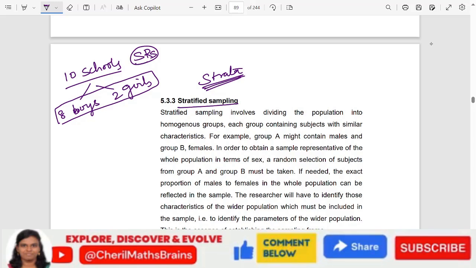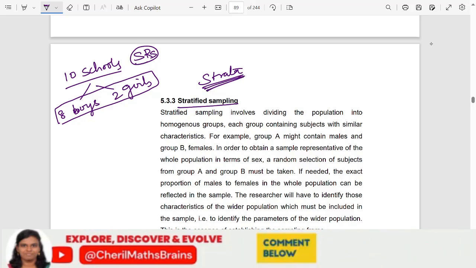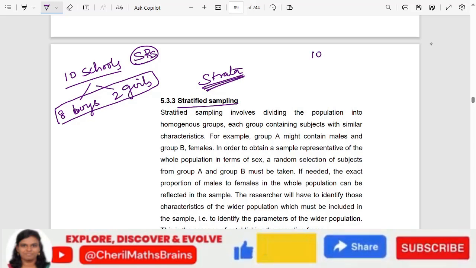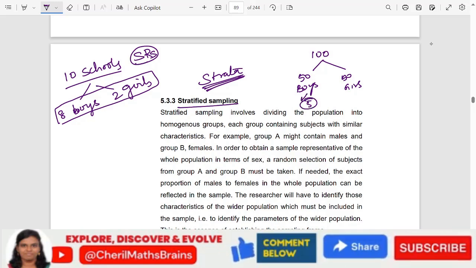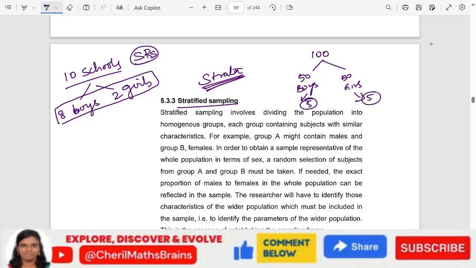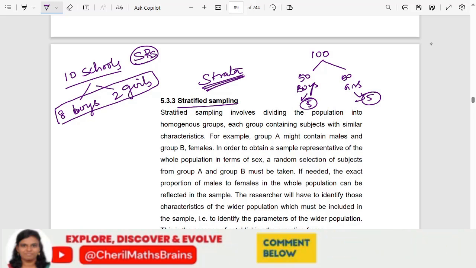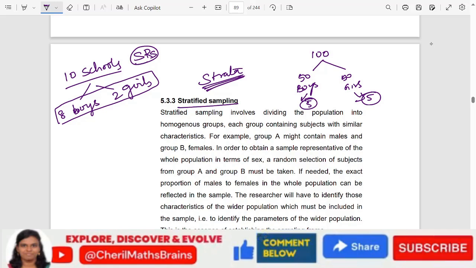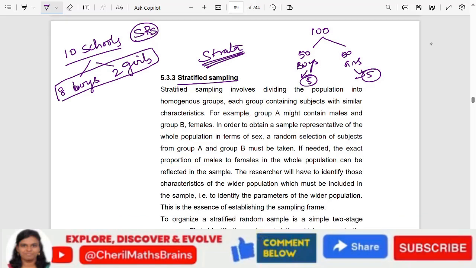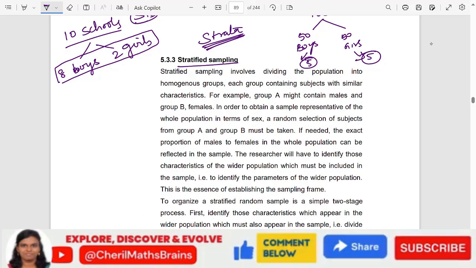So you are using a strategy that from the 10 schools, okay, or the 100 schools itself, you are dividing it properly into 50 of boys and 50 of girls. Okay, and then from this you can take 5 randomly, from this you can take 5 randomly, then you call it as stratified sampling. So you are going to take it based on some kind of a strata or some kind of a strategy